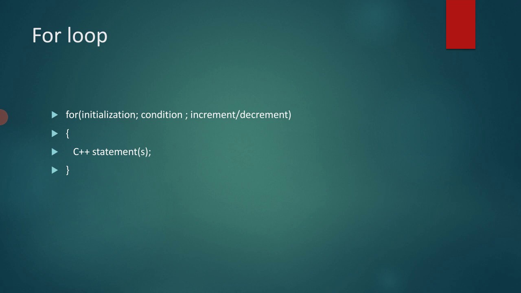I hope it is clear to you what the three things are that you have to write inside the for loop: initialization, condition, and increment or decrement. Initialization is used to initialize the value. Condition is used to put the condition. The loop will execute only by checking the condition. If the condition is true, then it will print the values. Otherwise, it will exit from the loop. And if the condition is false, it will not print any value. It will exit from the loop. Increment or decrement is used to change the value by 1.